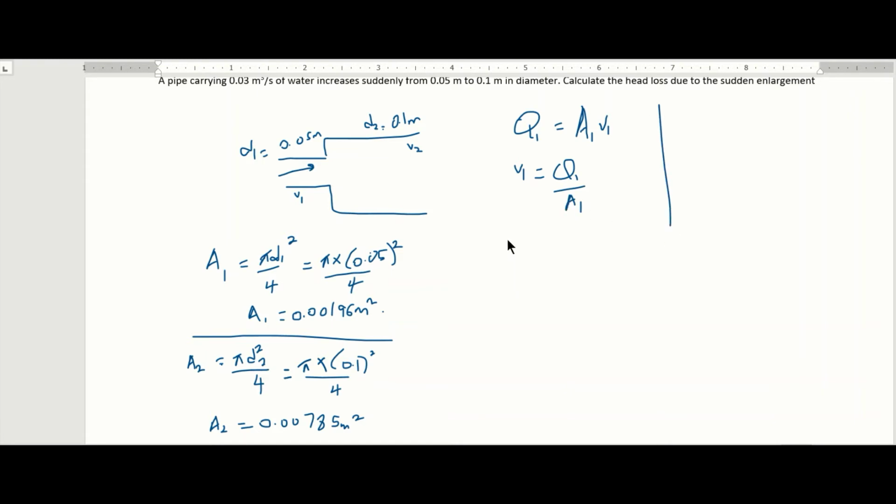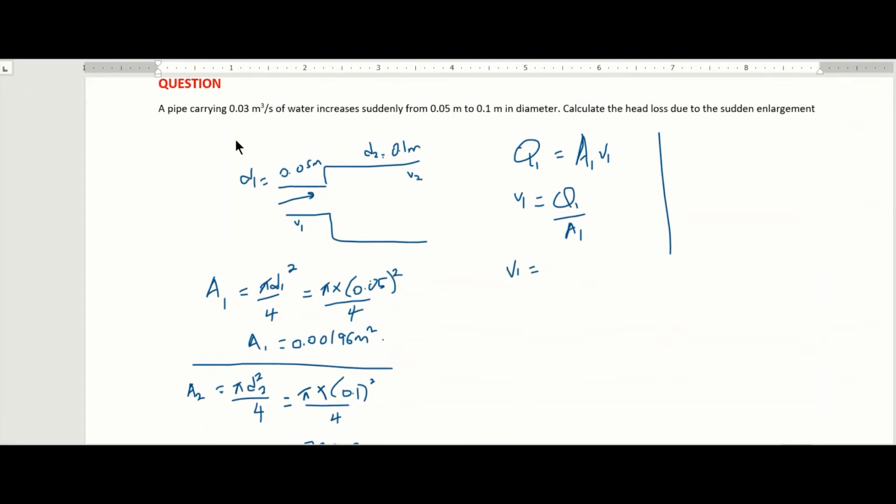So that gives us V1 is equal to, my Q1 from the question is 0.03, divided by my A1, area at section 1, which is 0.00196. So therefore, put that in your calculator, my V1 is 15.3